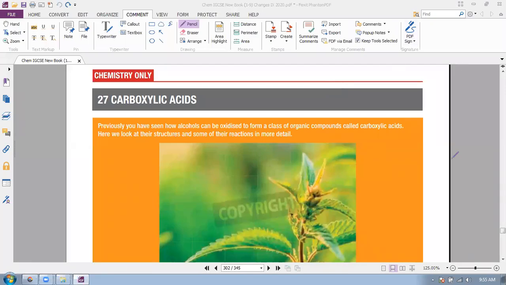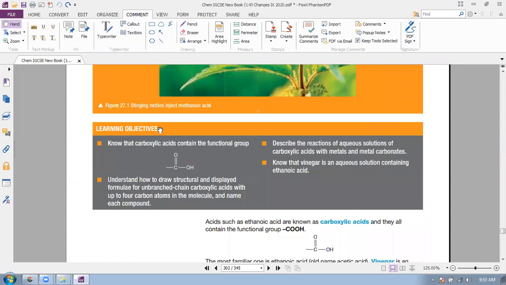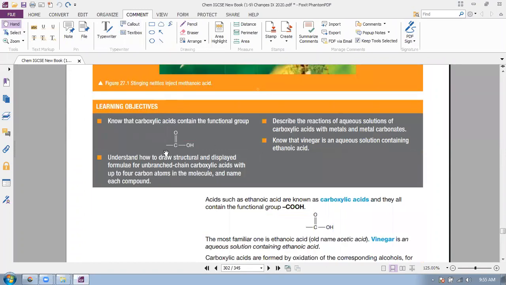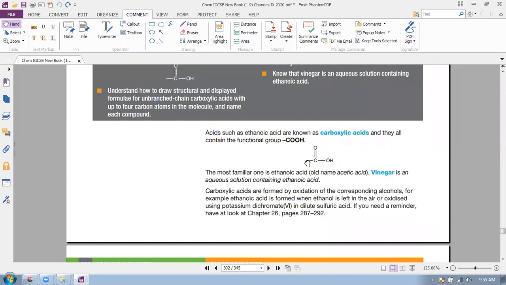We will read carboxylic acid today. This is another homologous series. The functional group of this acid is this COOH, and you look at the diagram. Look at this functional group diagram. The functional group of carboxylic acid,